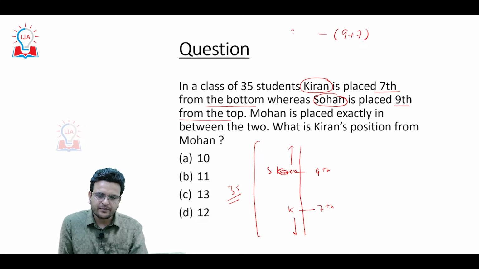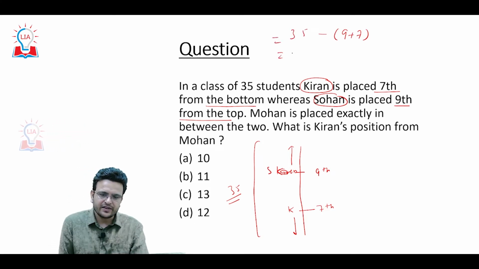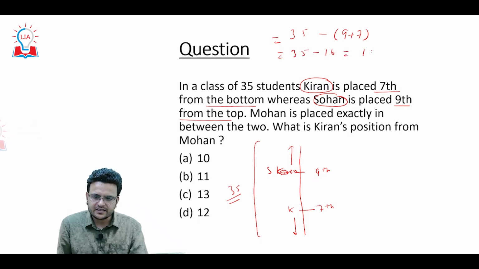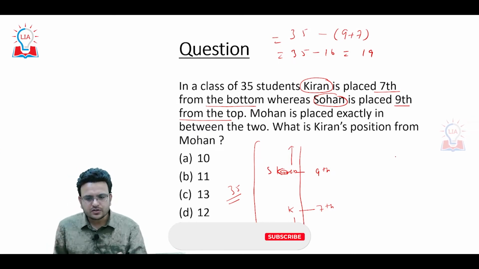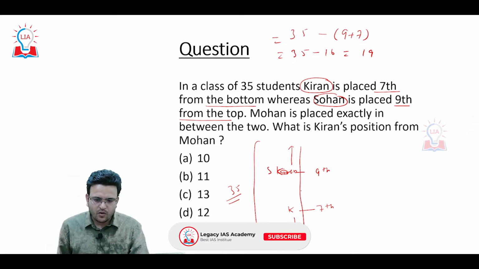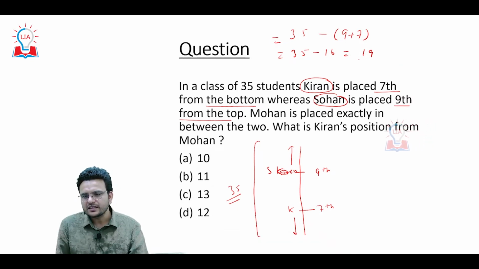Between both of them will be 35 minus 9 plus 7. It will be 35 minus 16, that is 19. 19 students are there among Sohan and Kiran. So Mohan is exactly between. So we can say that for Mohan there will be 9 students this side, 9 students this side, and the 10th